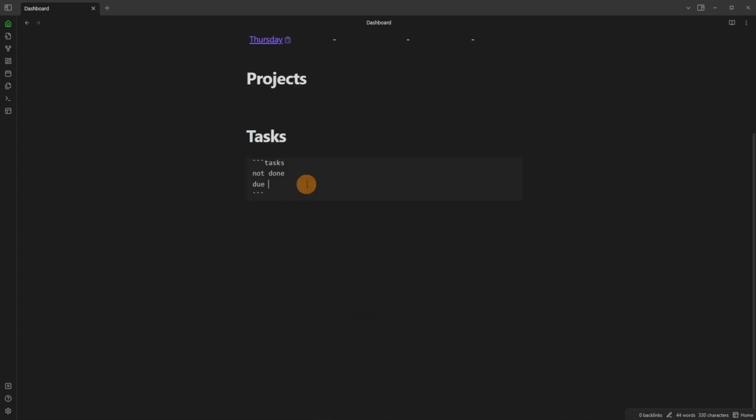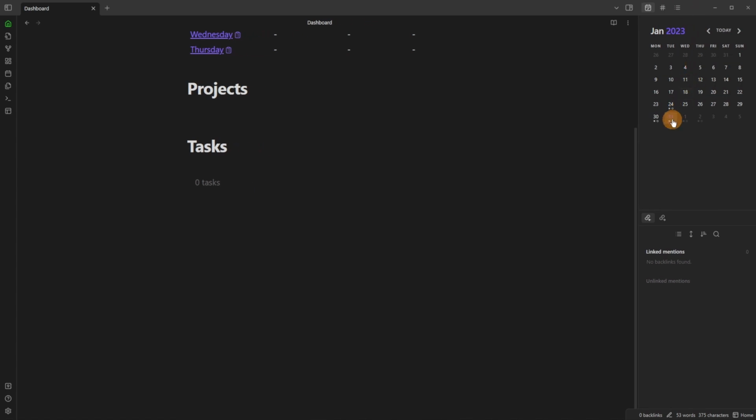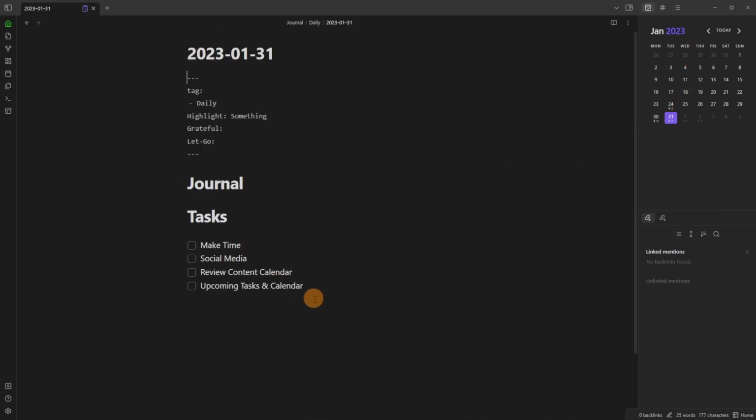But as you can see, that's a lot of tasks, so I'm going to filter down. I want it to be due date is today, because I just want today's tasks in this query, and because I know the due date is today, I don't need to see it, so hide due date, and I want to sort it by priority. So I can actually sort the tasks inside the query, whereas in Notion's tables, you can't. You'd need a property and then sort it that way, and then you'd have to go and edit the properties, and it's a faff. So let's go to the 31st, and you can see nothing's showing because there's no due